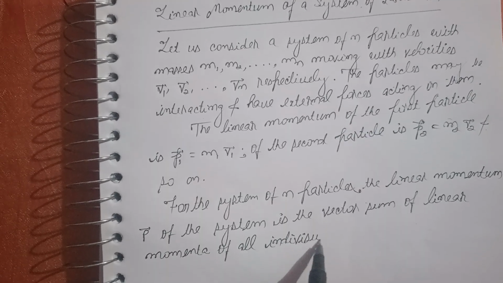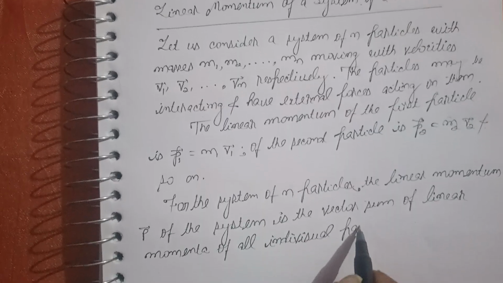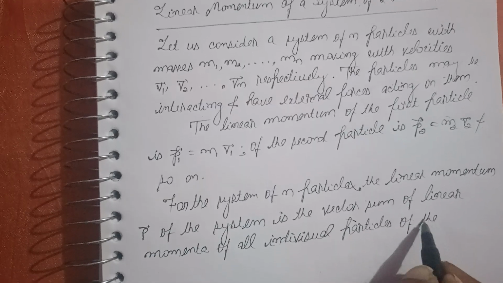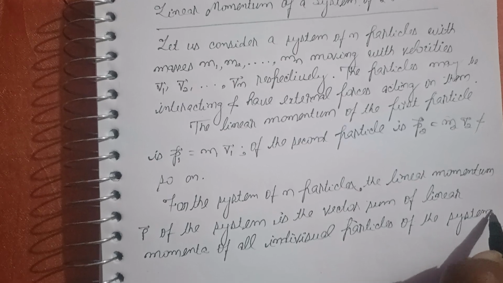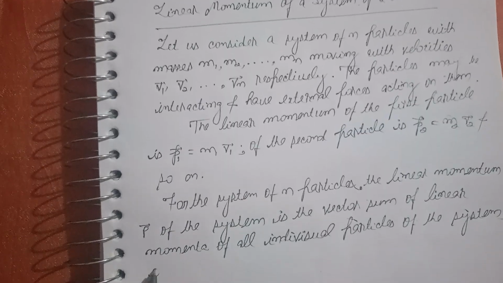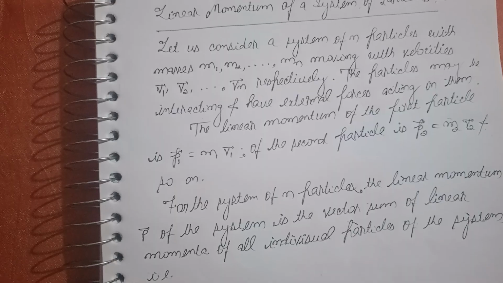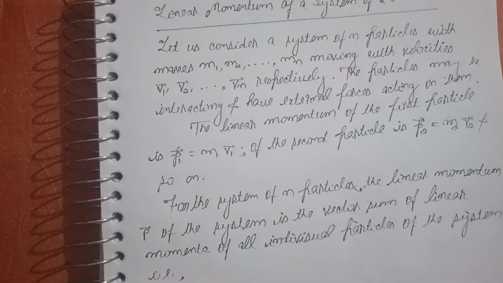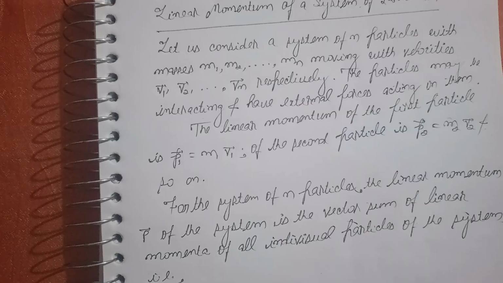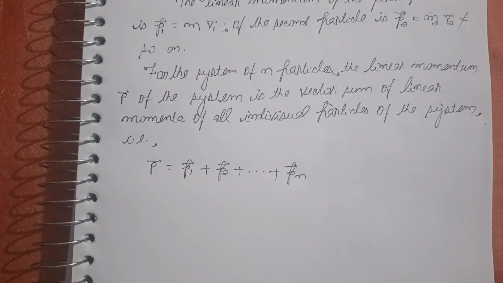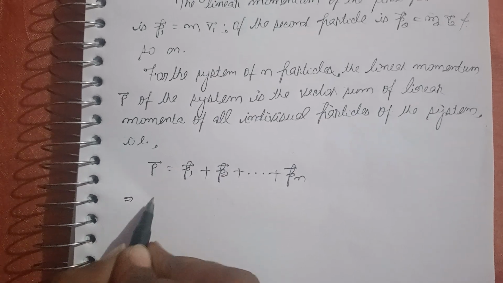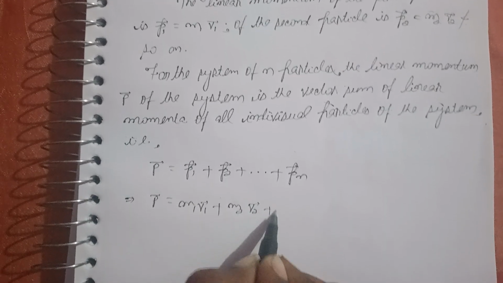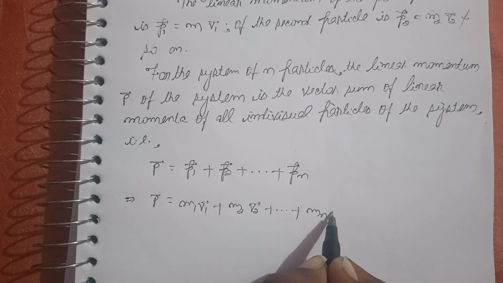Particles of the system, vector P equal to vector P1 plus vector P2 plus ... vector Pn. ऐसे हो जाएगा वेक्टर P इक्वल टू M1 वेक्टर V1 प्लस M2 वेक्टर V2 प्लस Mn वेक्टर Vn।